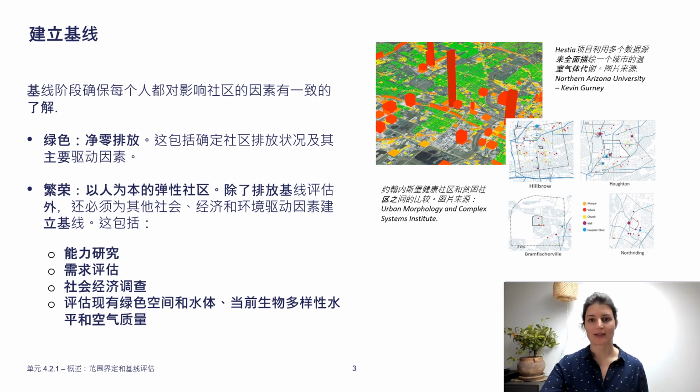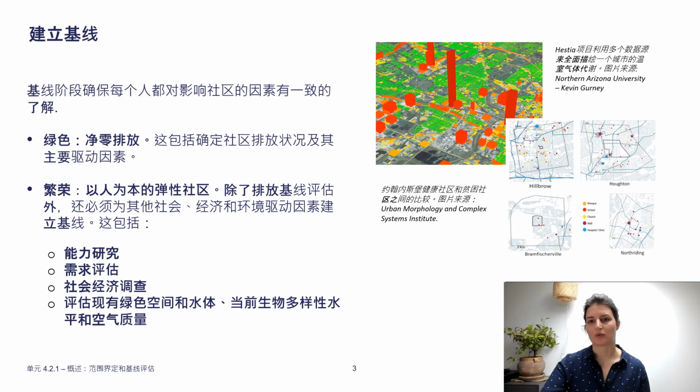The range of assessments presented in this unit is meant to give you a good overview of the different elements that can be evaluated depending on the need. They are looking at the two pillars of a sustainable neighborhood. Green, including determining the neighborhood emissions profile and its main drivers, and thriving, encompassing a baseline for the other social,